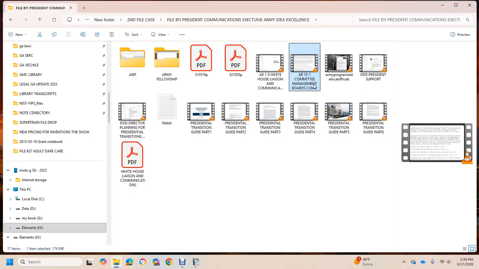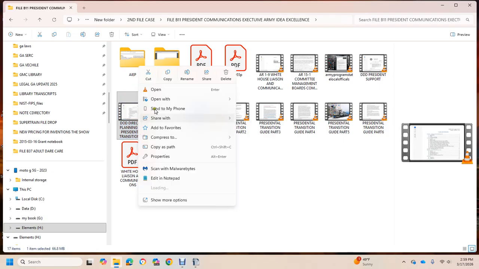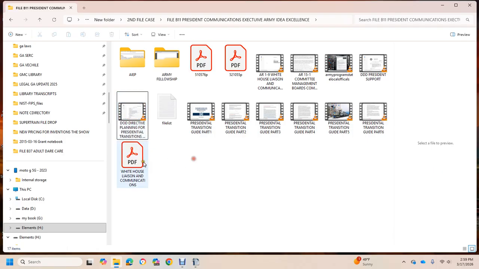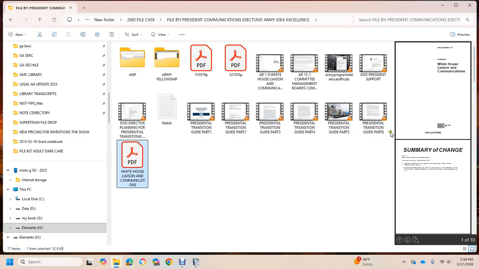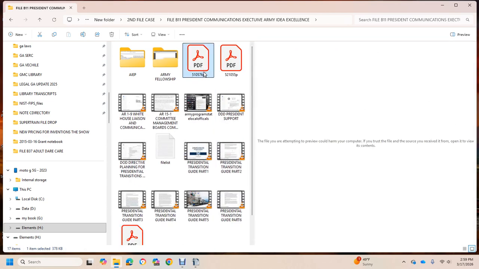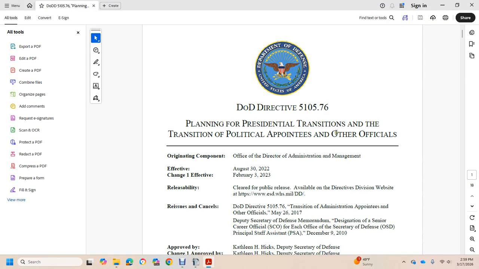We have AR 15-1 Committee Management, Boards and Commissions, AR 19 White House Liaison Communications. We have the DoD Directive on Planning, Transition of Public Appointees and Other Officials, White House Liaison Communications, in PDF form. And then we have some other ones here. I think I've read these already, though. The other PDFs: Planning, Presidential Transition, Transitional Political Appointments, Other Officials. And then we have this one,